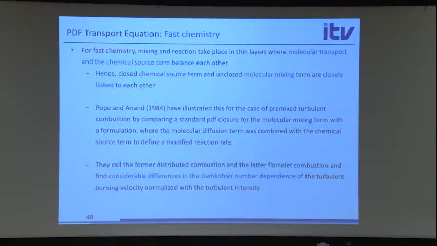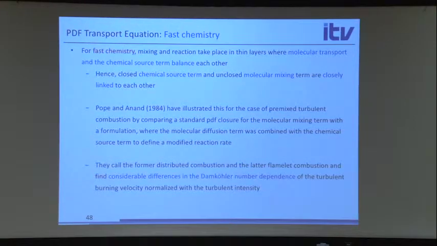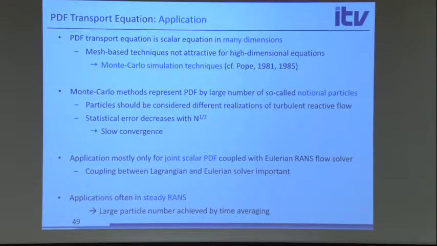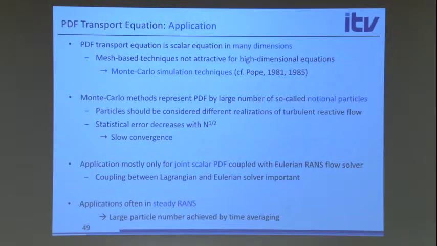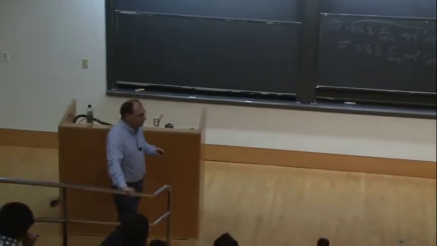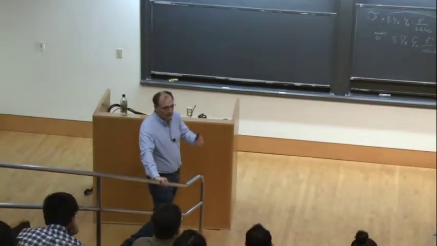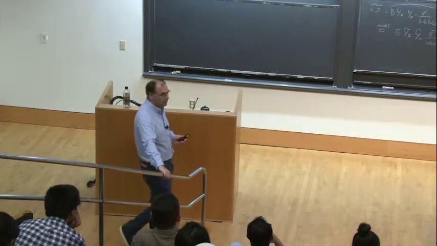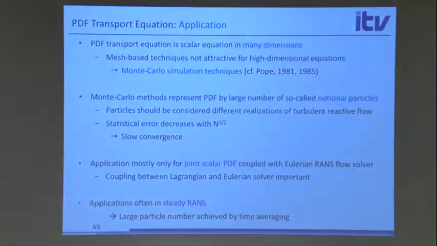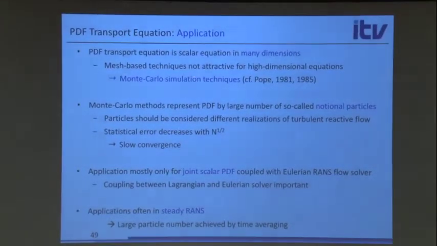So that's what was shown here also in an old paper from the 80s, that in premixed combustion, where these processes are very strongly coupled, much more strongly even than in diffusion flames, it's difficult to model these terms. Now, the application, I said earlier, it is very hard to discretize a function in a 20-dimensional space. I mean, it's not possible. 3-dimensional space is very, very hard. 4-dimensional space, forget about it. So maybe 4-dimensional, but 5-dimensional, forget about it. Okay, so,